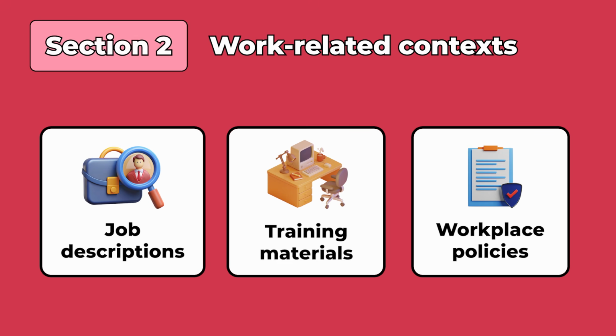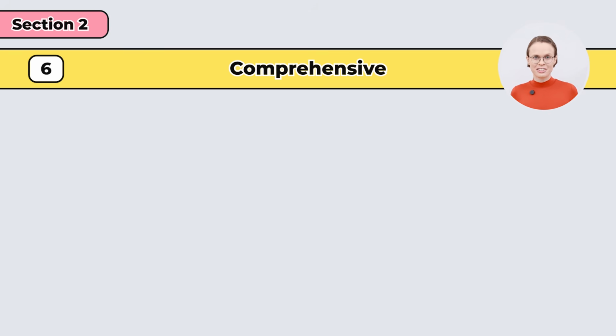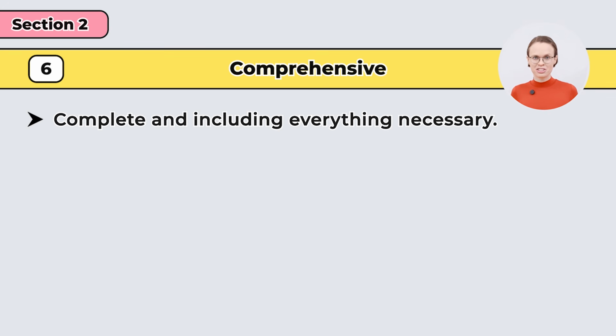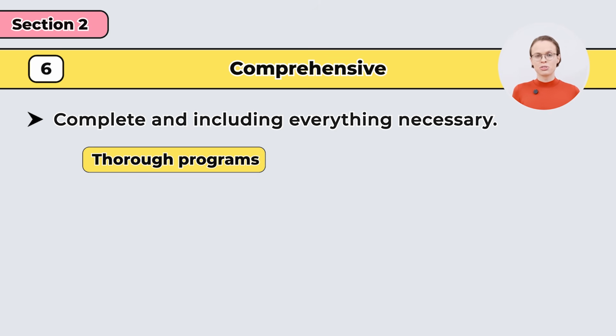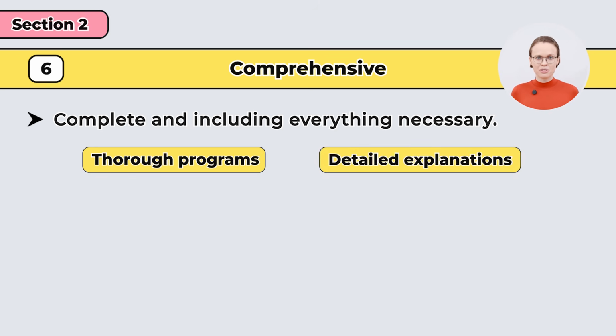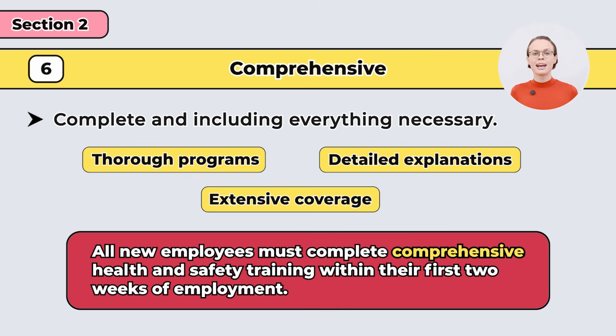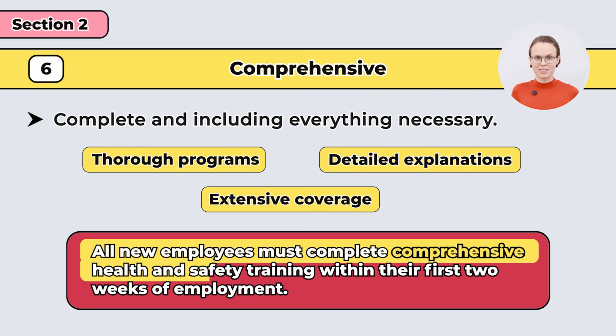materials, and workplace policies. Comprehensive is an adjective meaning complete and including everything necessary. This word appears when describing thorough programs, detailed explanations, or extensive coverage of topics in workplace training materials. Here's how it sounds. All new employees must complete comprehensive health and safety training within their first 2 weeks of